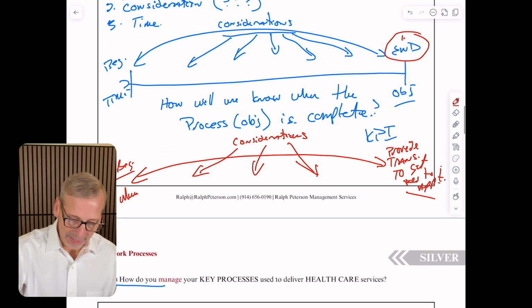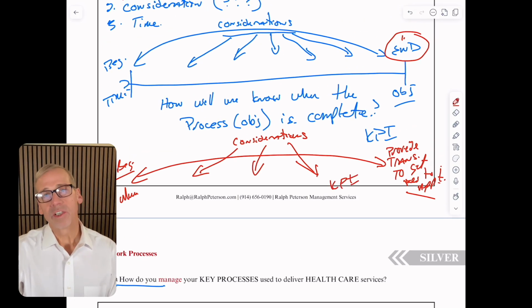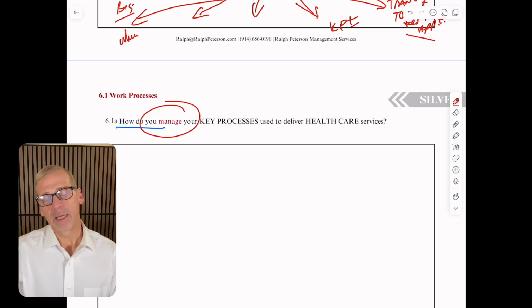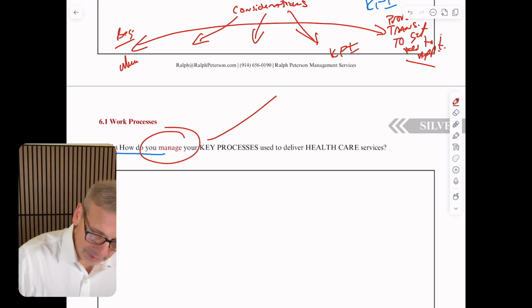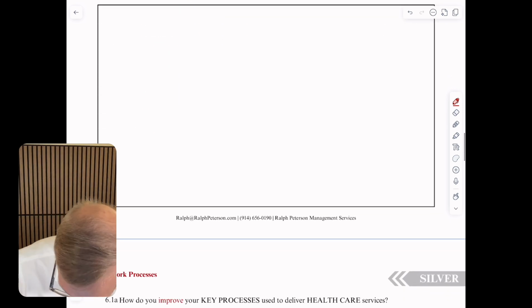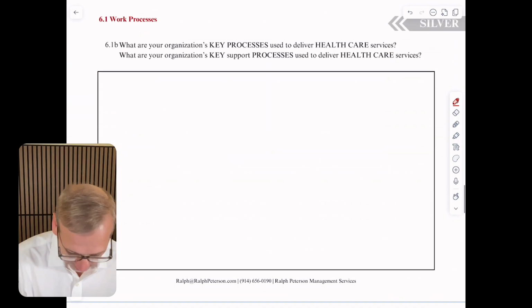We start identifying our KPIs, which leads us to how we manage our key processes. Because when you're managing a key process, you're paying attention to your key performance indicators. Now, I'm going to have to break this up into a few videos because I had intended on trying to get through all three of these first questions in this one video, but as you can see, it's lengthy. So I'm gonna stop here, but I want to bring you down to